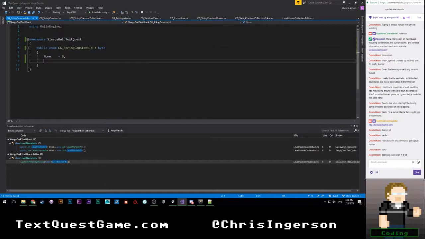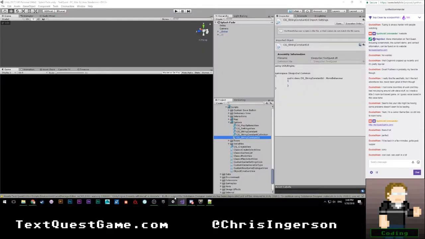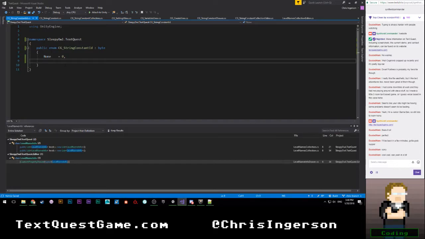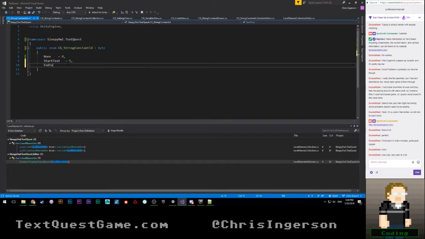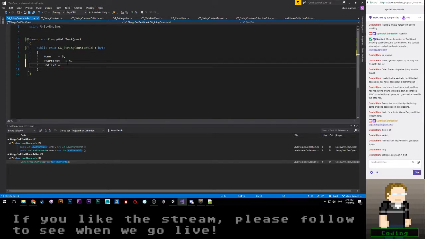Okay, so let's go ahead and let that compile. And while that's happening, I'm going to go ahead and continue populating these. So we need things for start text. It's going to be equal to, we'll say 5. End text is equal to 6.